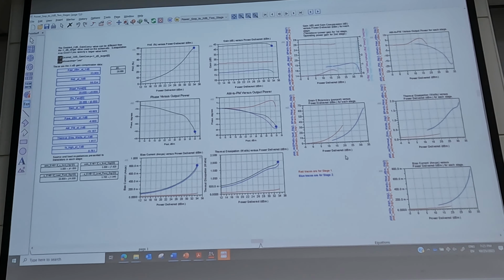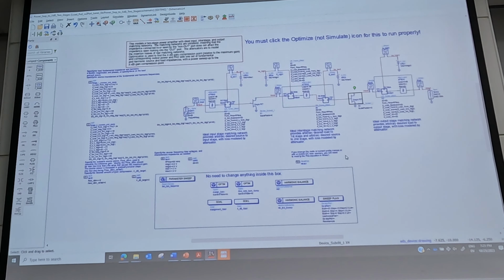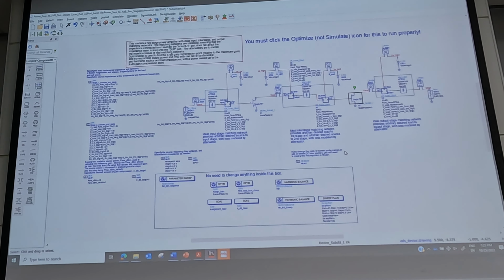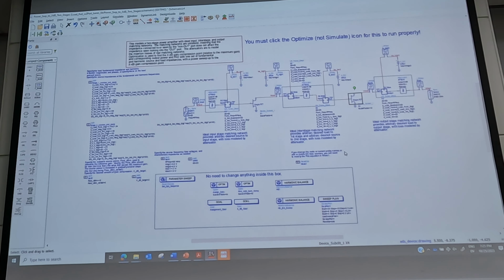Andy? Yes. Can you show the block schematic? The two-stage amplifier. This one. Will you simulate the whole block simultaneously, or just divide it, run a load pull for each stage, and then plug that load pull data into this schematic? Just to show us your procedure of the design.